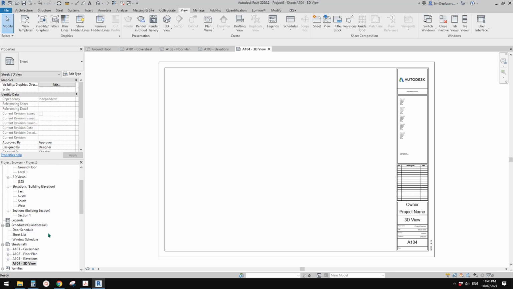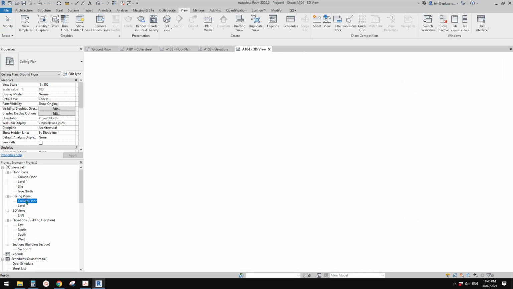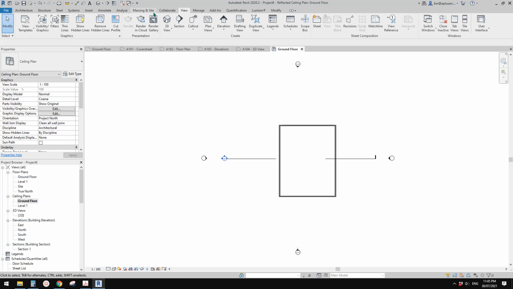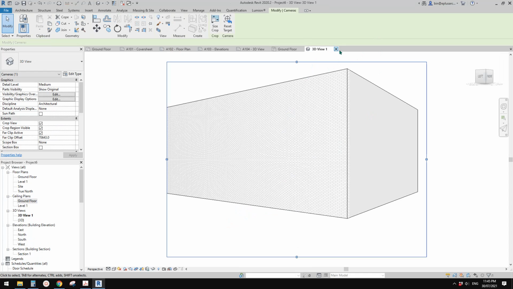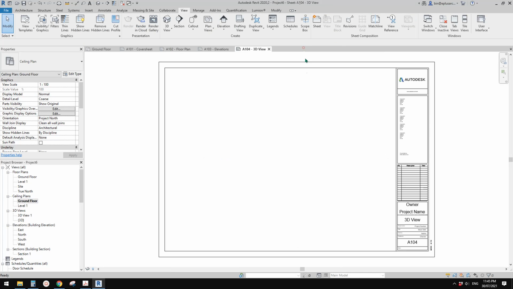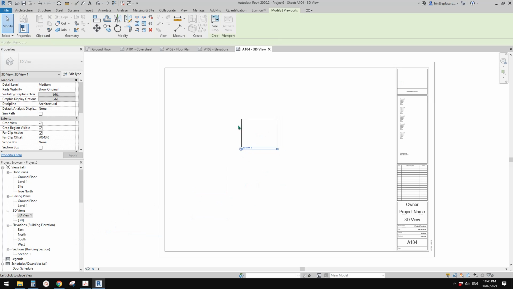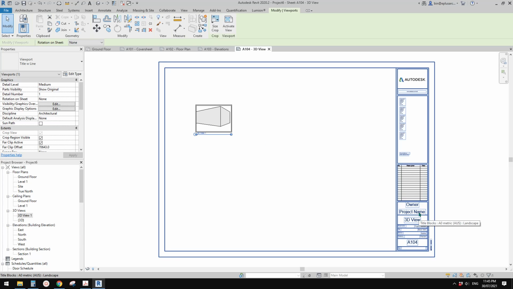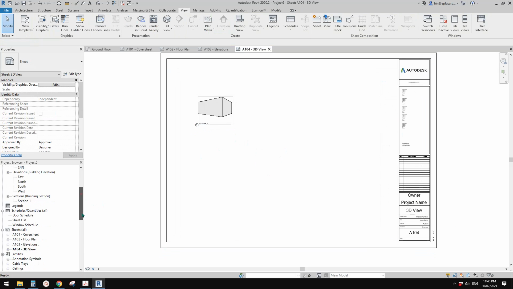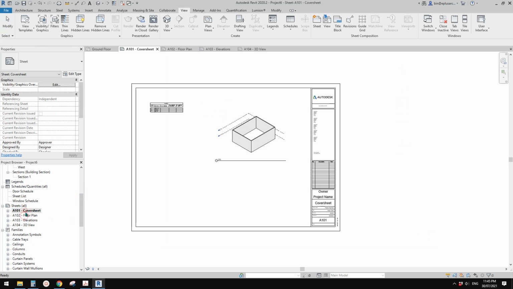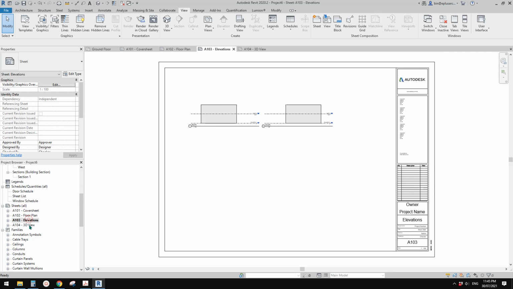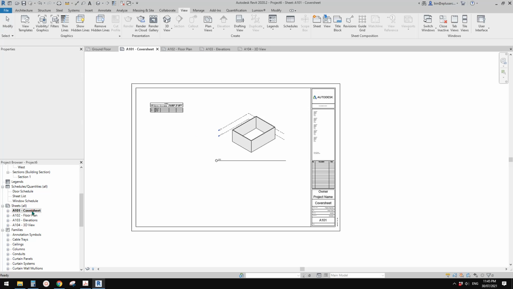And then 3D view. So maybe I'll just create a 3D camera view, a perspective view. So go to ground floor plan, and create a camera view. Okay, so this is my 3D view, and I'll drag this 3D view onto my 3D view sheet. Okay, so this is a set of drawings finished. Okay, so now we need to issue it to someone,